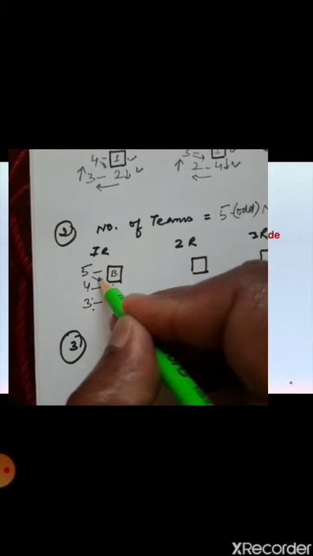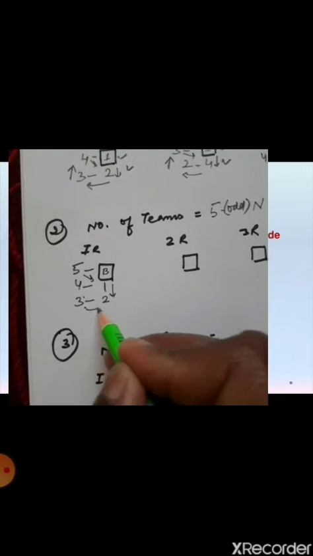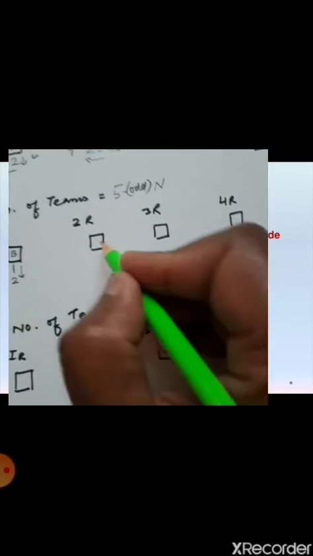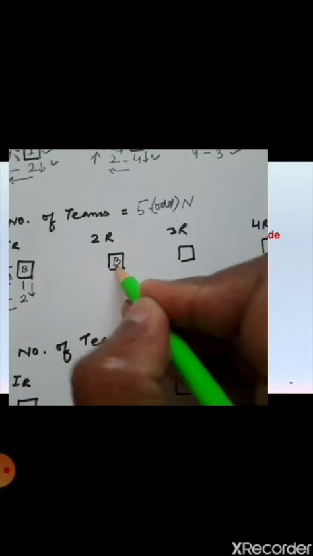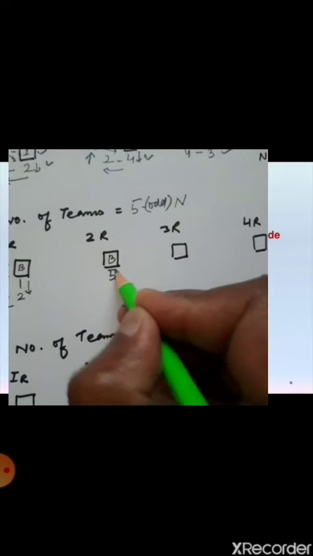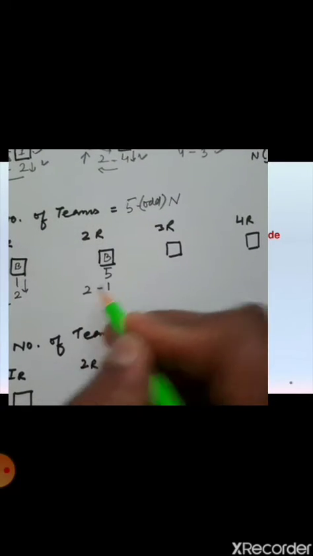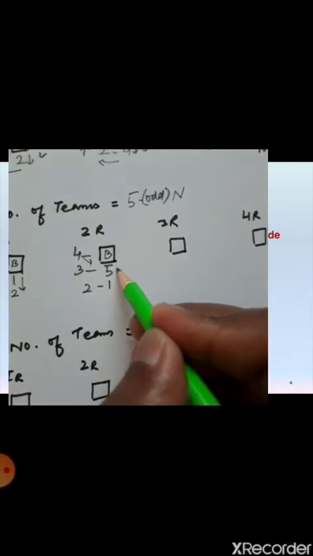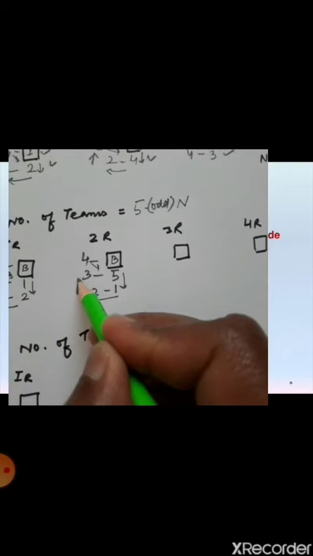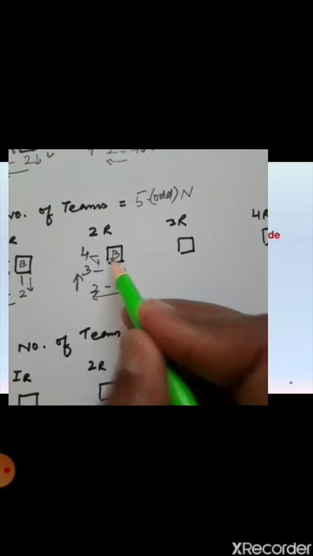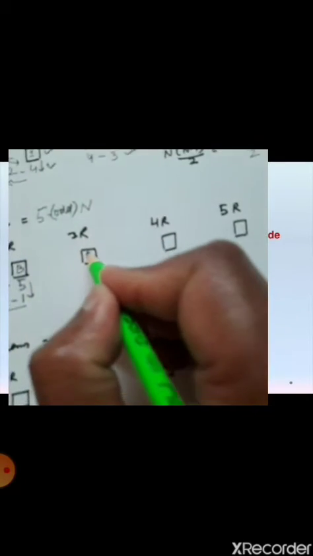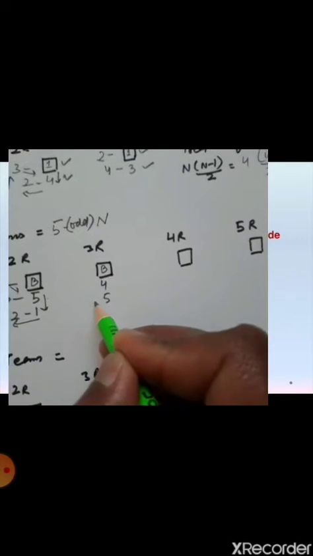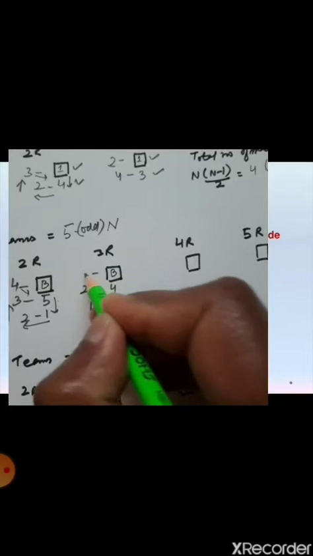Now in the second round, team 5 will be brought down here and the teams will move in front of the box which is B. B stands for the bye. Again in the second round we will fix B here. Now 5 is brought down, then 1, 2, 3 and 4. Again this arrow shows that the teams move clockwise in front of this box. Now in the third round, again B is fixed here, team number 4 is brought down, then 5, then 1, then 2 and 3.